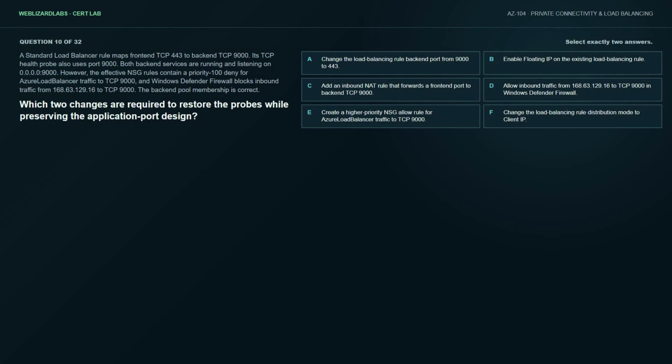Question 10 of 32. A standard load balancer rule maps front-end TCP 443 to back-end TCP 9000. Its TCP health probe also uses port 9000. Both back-end services are running and listening on 0.0.0.0 on port 9000. However, the effective NSG rules contain a priority 100 deny for Azure load balancer traffic to